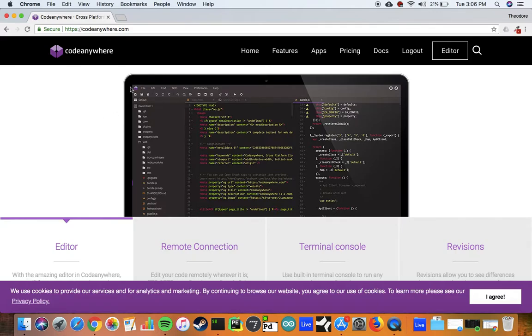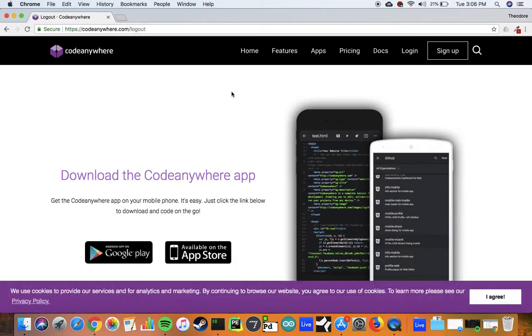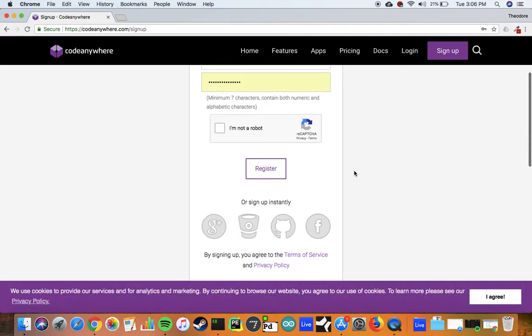So to get started, you're going to go to codeanywhere.com. And let me log out here just so you can see what it would look like at first. What you're going to need to do is to create an account on Codeanywhere. So you'd go to sign up. And I want to mention this here. You really should make an account specifically for this